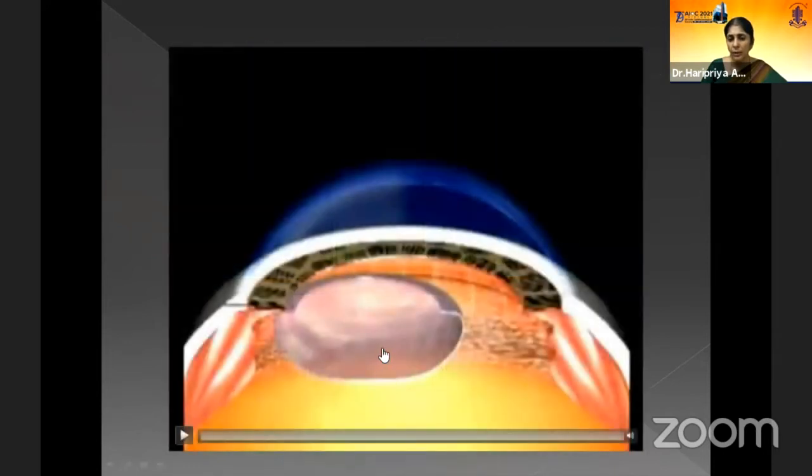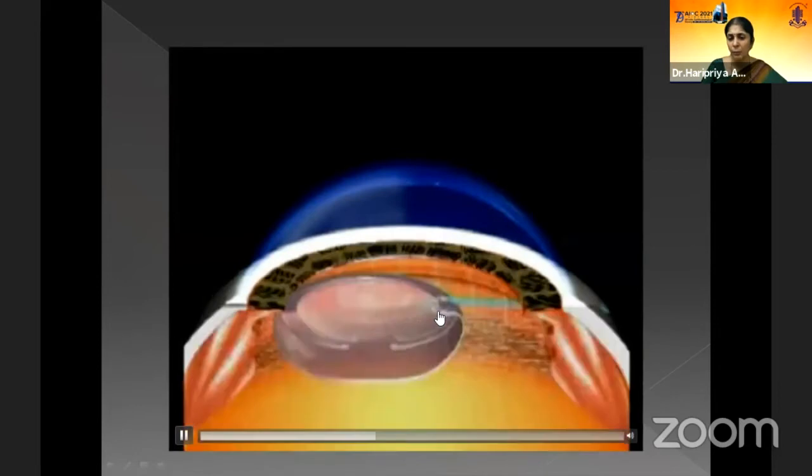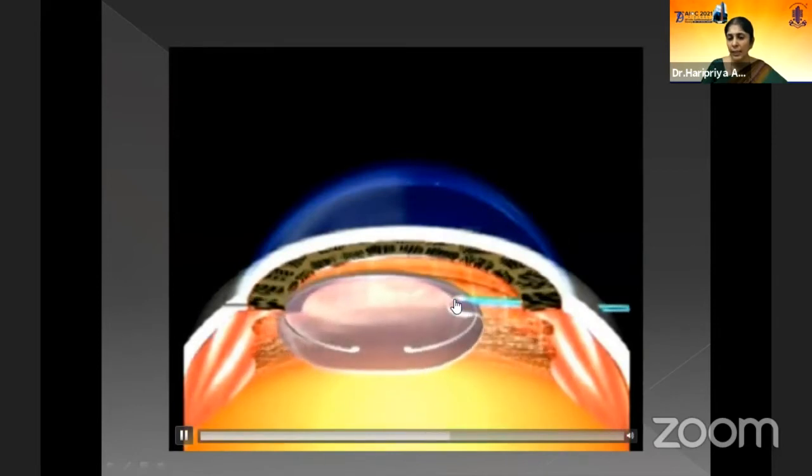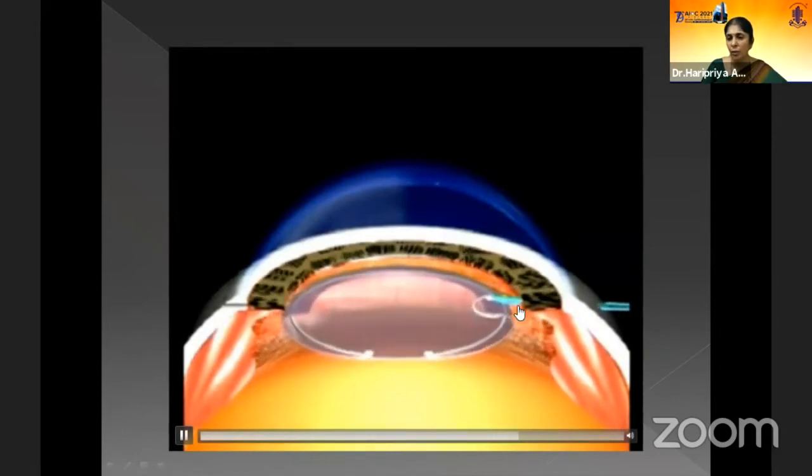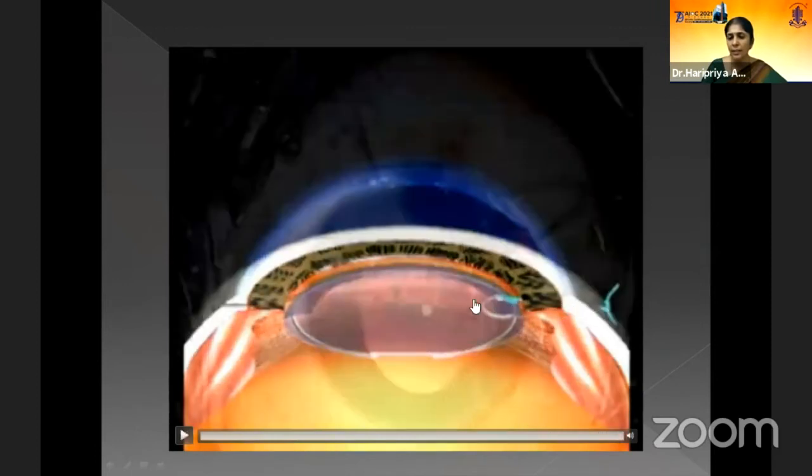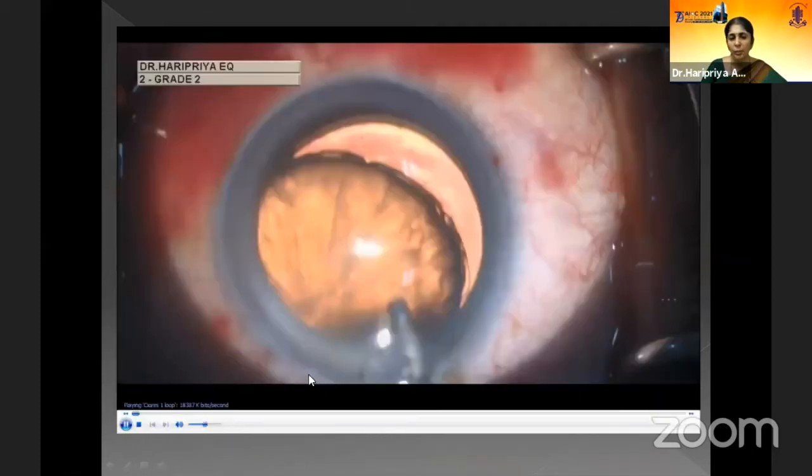So before the Cionni ring is placed, you have a Prolene suture which is passed through the ring or the eyelet, and the suture is then brought out to the sulcus above the rexis margin, and the knot is tied on the sclera. This way the IOL capsular complex gets centered during and following surgery as well.